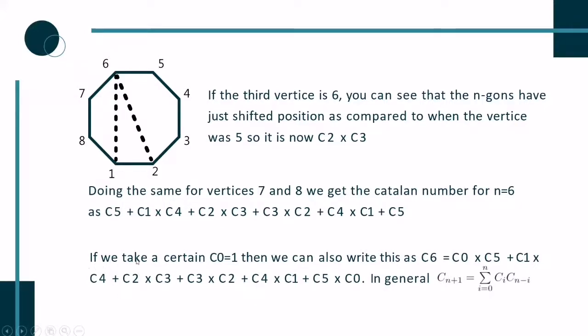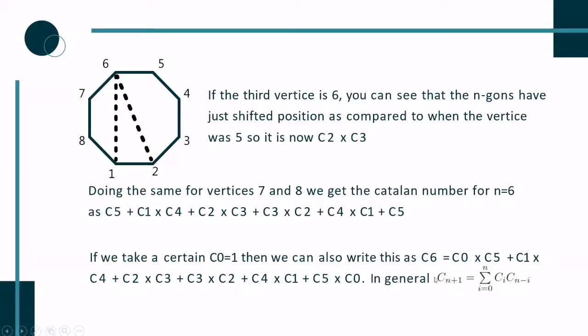So now, if we take C0 equals 1, so if we assume that there is a 0th Catalan number which is equal to 1, we can write this as C6 equals C0 times C5 plus C1 times C4. You can see that the sum of this index and this index always equals 5, which is n minus 1, or n if we take n plus 1 as the current Catalan number,